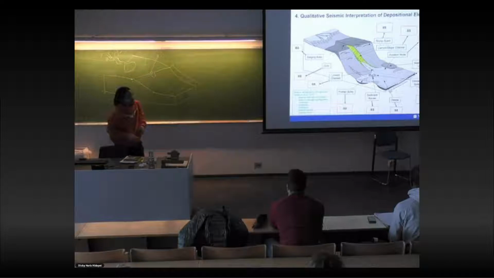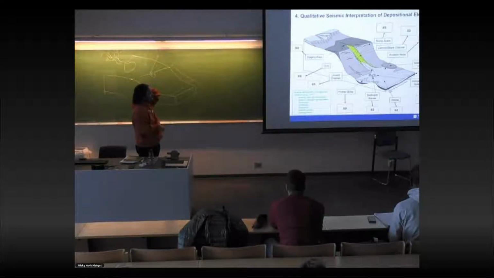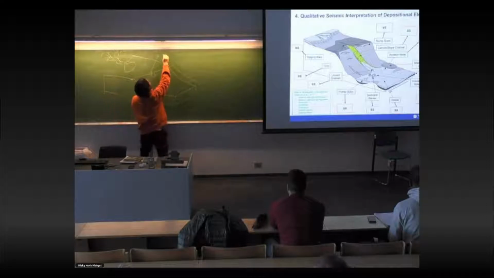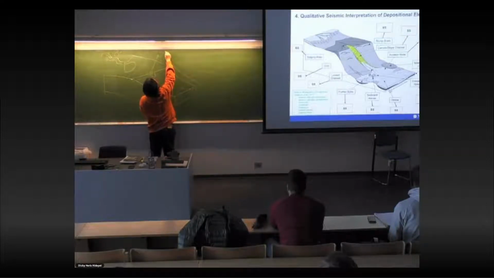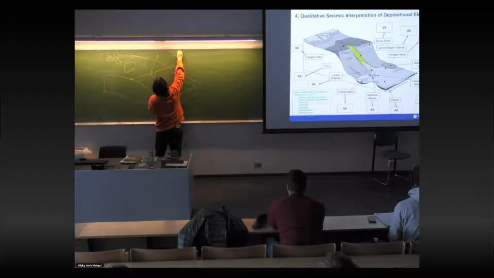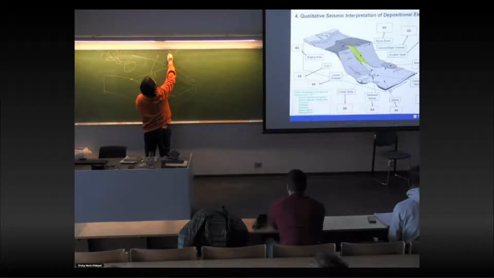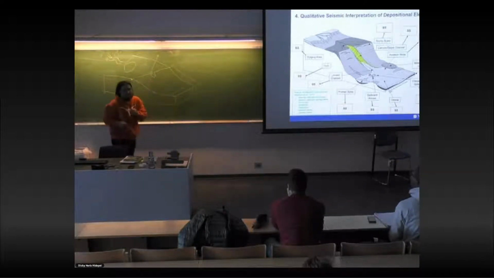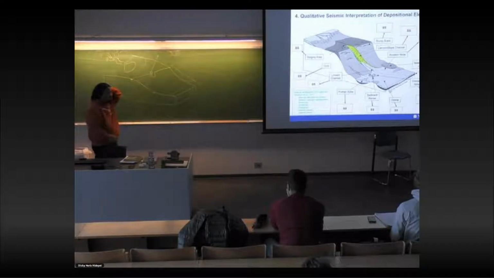So in this canyon, seismic reflection termination. What kind of seismic reflection termination do you think you have in the proximal part of the canyon? Usually you will have something like this, and then all this strata below is truncated by this erosional surface of the canyon, right? Oh yeah, I will discuss that later.